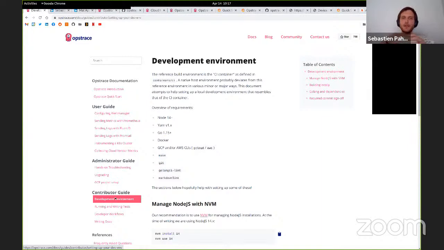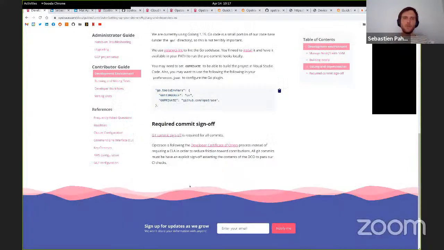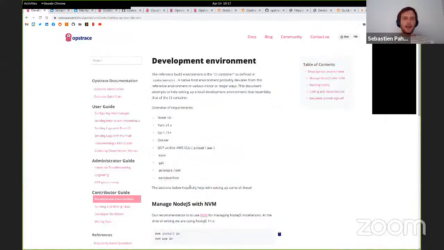If I wanted to build it myself, you can check out the repo, and there's a makefile that is quite quick to follow to build it yourself. Where it starts getting complicated, I have to admit, is that we require you to have an AWS or a GCP account.